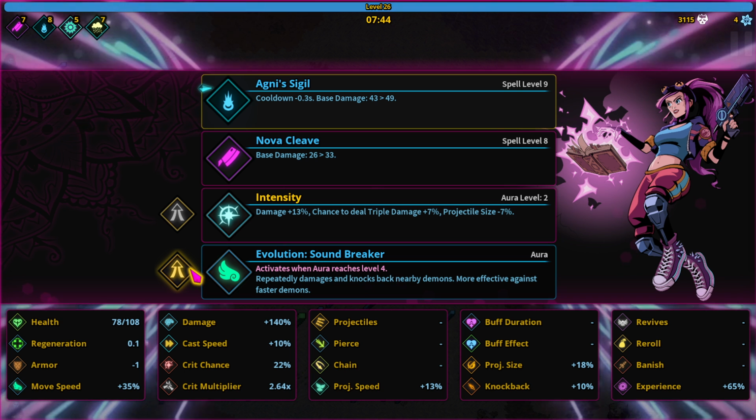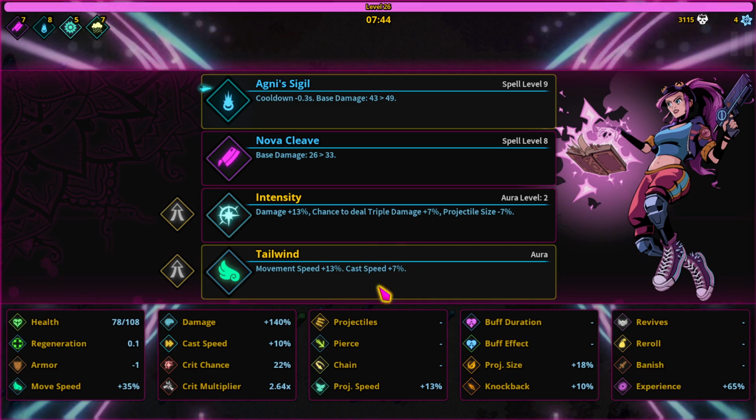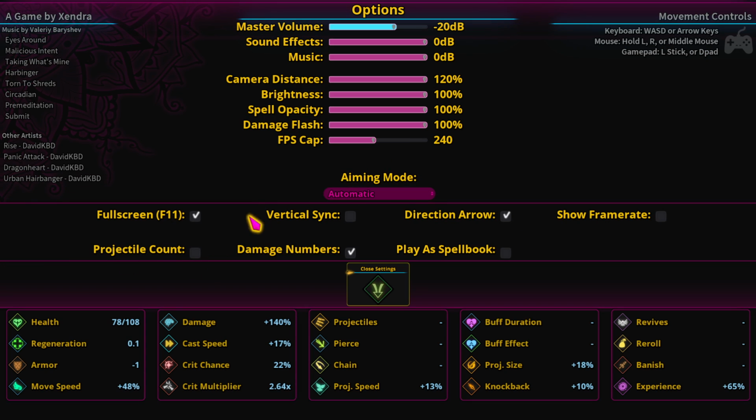Movement speed and casting speed. Repeatedly damage and... You know what? People are telling me casting speed is a cooldown reduction, so we're gonna take this. You still cannot really read it, but I'm gonna take this, as people have told me. And also somebody told me that in the options you can choose...